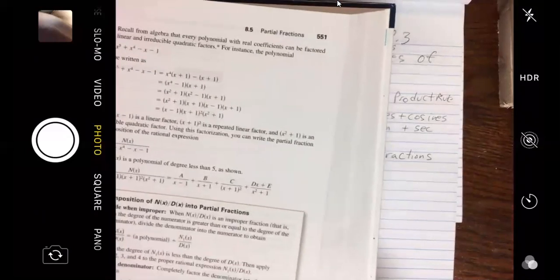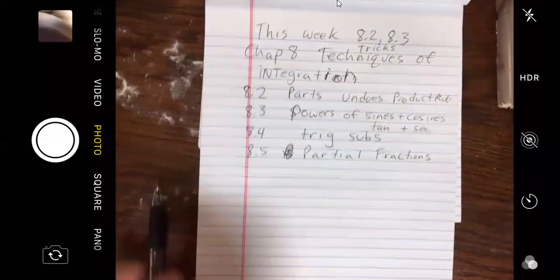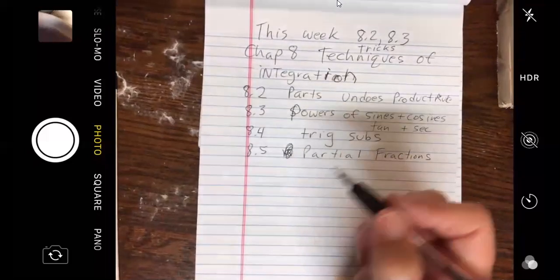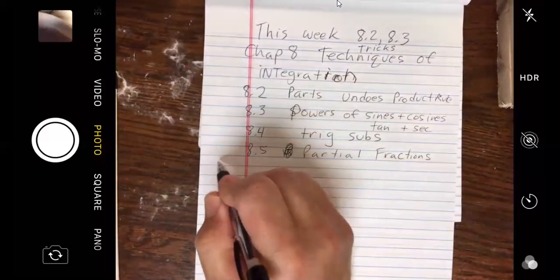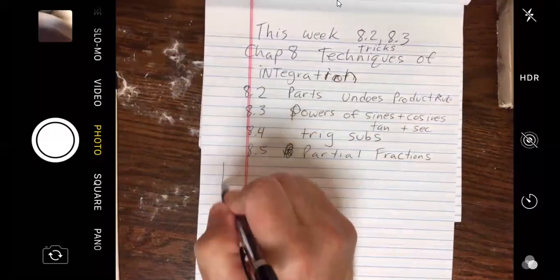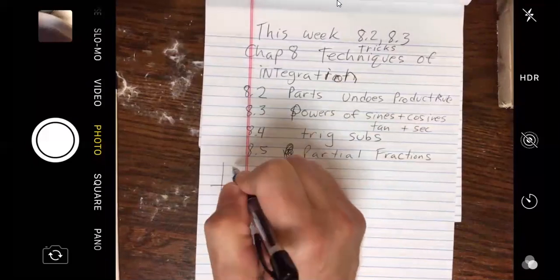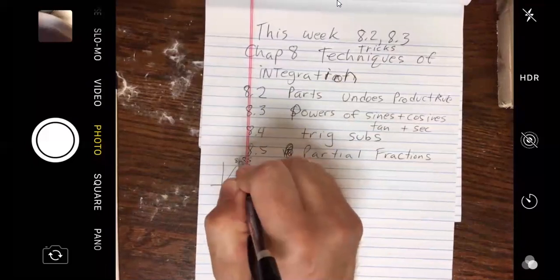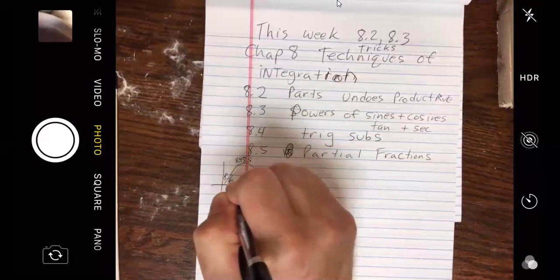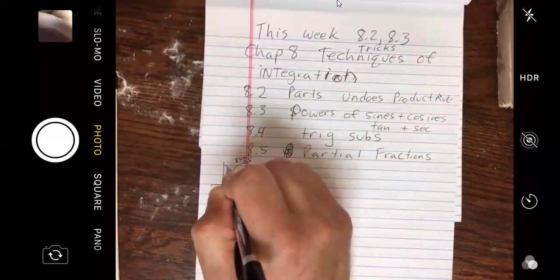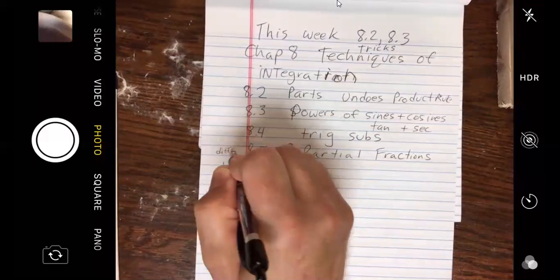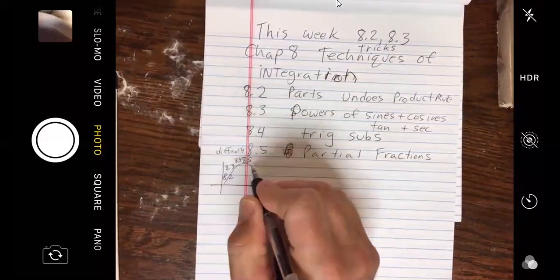I hope you're breathing hard because you are now on the top of the mountain of difficulty. If you drew a graph of difficulty, at 8.5, probably at 8.4, you're on the peak. At 8.2 you're climbing the mountain, at 8.3 you're at the peak of difficulty. This is difficulty. Get past 8.5,